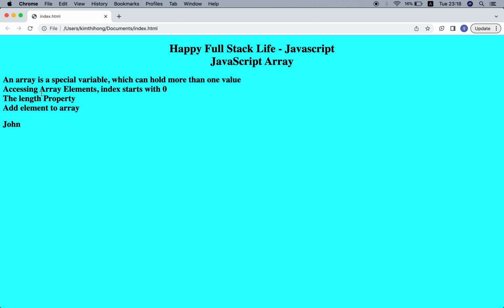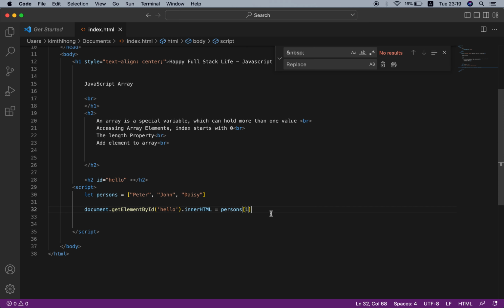And because an array is a list, you would want to know how many elements are in the list, how many elements are in the array. The length property of the array returns the length of the array, that is, how many elements are in the array. Person dot length, so this prints out, and we expect it should be 3.